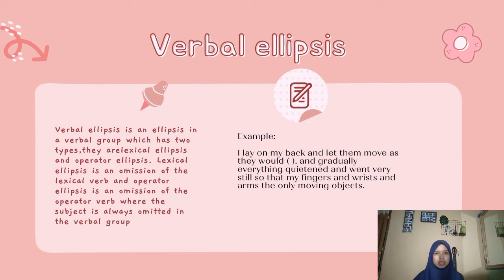For the example sentence, the example is verbal ellipsis, which is called lexical ellipsis. It means there is a lexical verb missing in the structure. The lexical verb is unmentioned after the modal operator would in the sentence. The bracket in the data above should be filled by the lexical verb move because it is the head of the verbal group. Therefore, the non-elliptical structure of the sentence above could be: